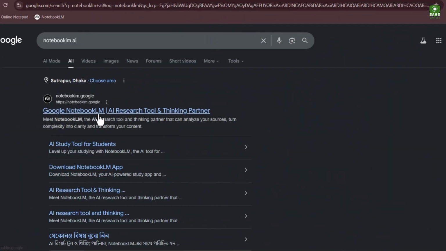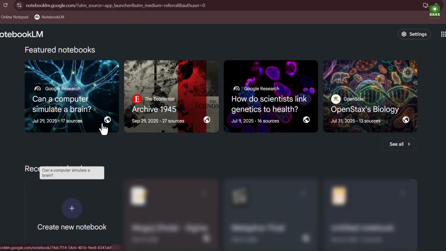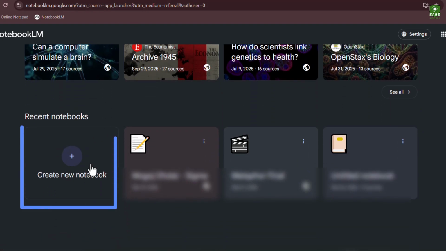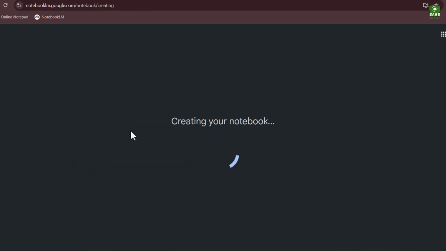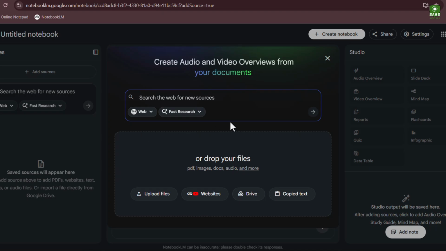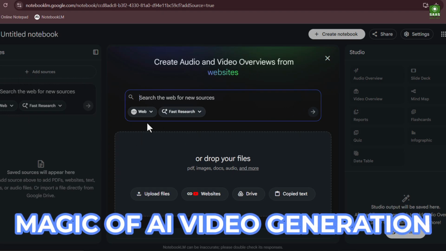Let us get started by opening your browser and navigating to the official NotebookLM website. Once you are there, look for the big plus icon labeled Create New and go ahead and click it. This is going to open up a fresh project where we can begin the magic of AI video generation in